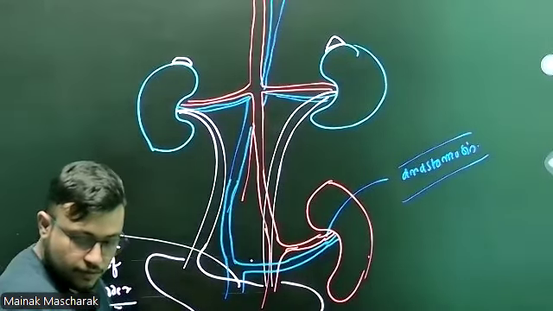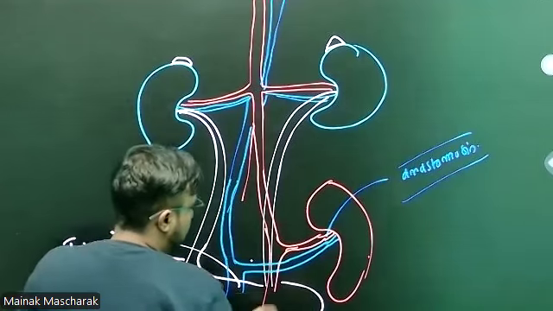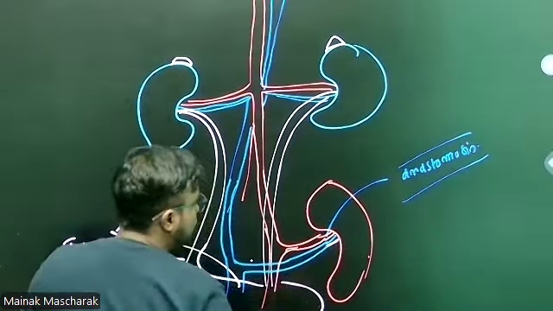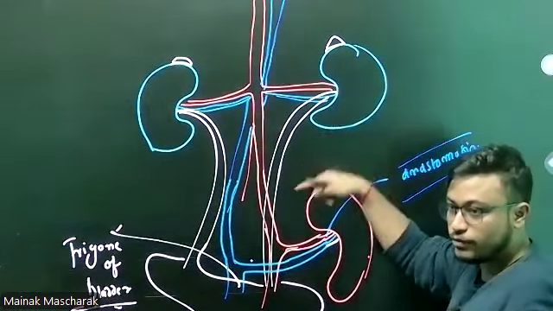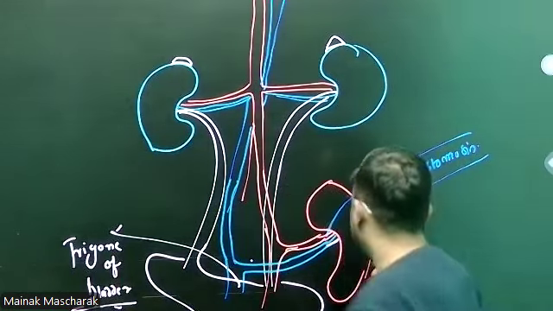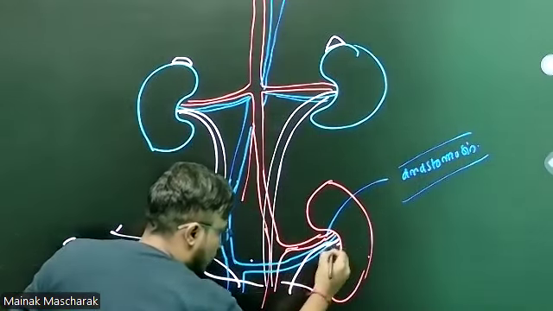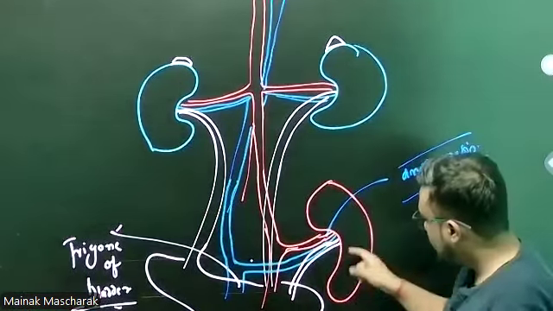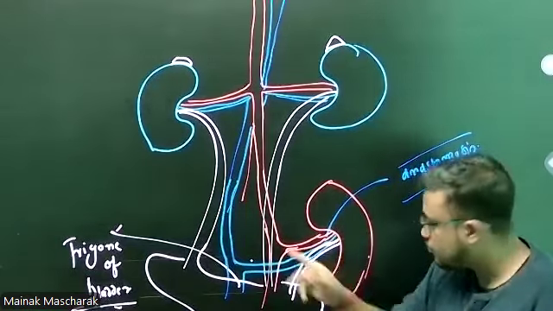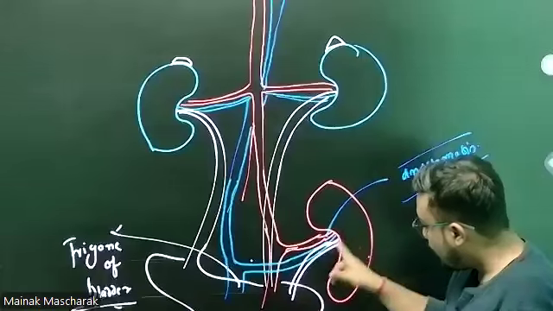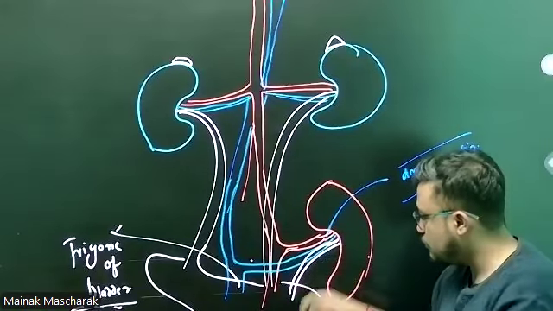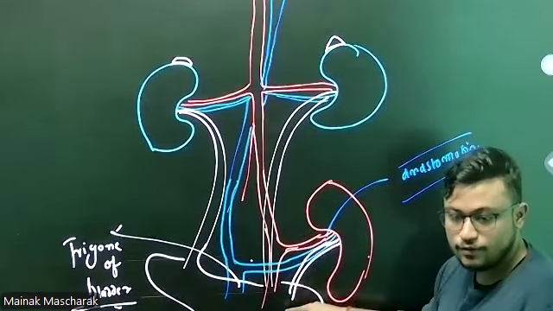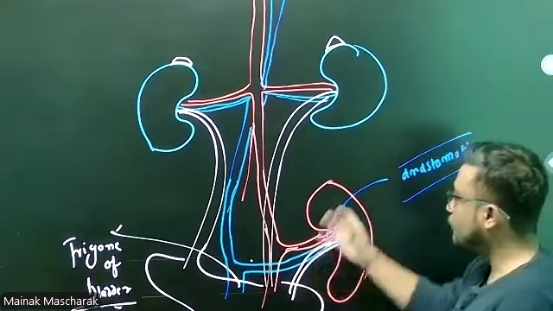Do the suturing, stitching. Okay, and after this, there is the presence of this ureter. Listen to this very carefully. Yes or no? This ureter is now taken close to the urinary bladder and it is sutured. So the kidney you get will come with some portion of the renal artery, some portion of the renal vein, and some portion of the ureter, and that portion of ureter is now stitched or attached to the urinary bladder directly. That's why it is placed lower, so that the ureter could come inside the urinary bladder. And that's how this kidney is established.